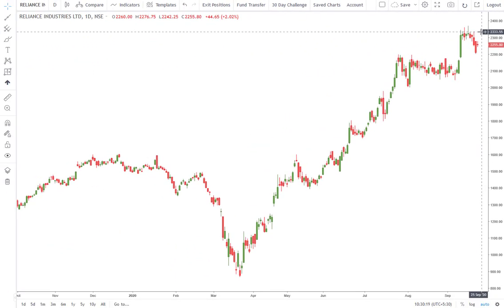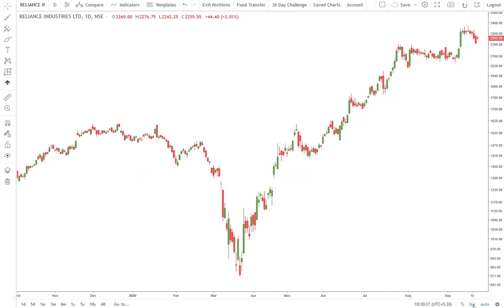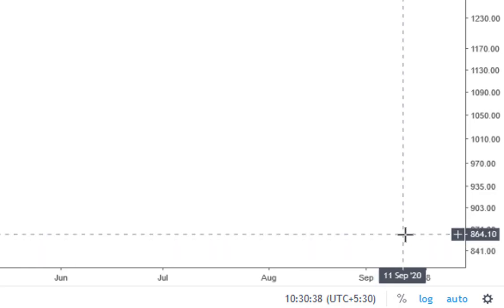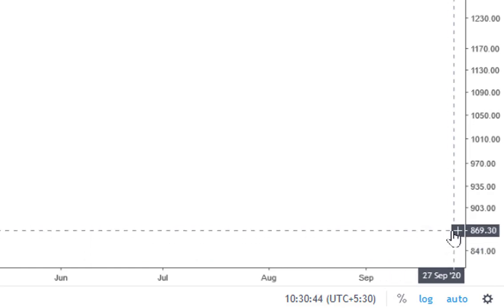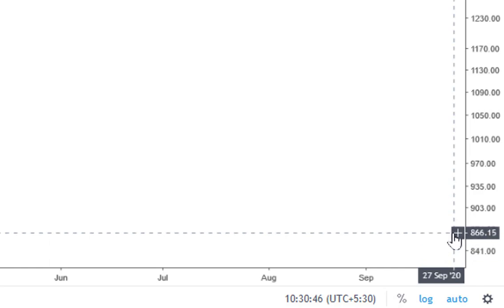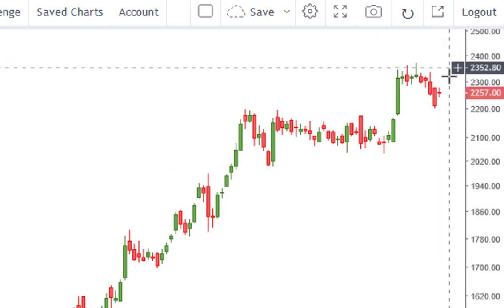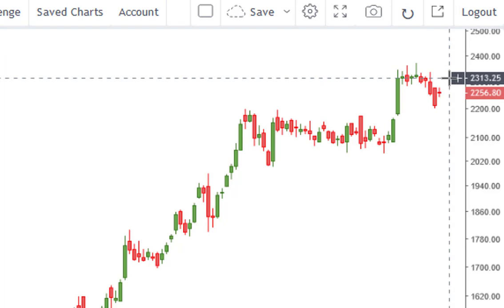On the other hand, when the price scale is toggled from linear scale to log scale, see that the distance between two consecutive horizontal dashes on the y-axis is not fixed but is rather variable. For instance, see that the distance between the two prices visible at the bottom of the y-axis is 30 points. At the other extreme, see that the distance between two prices visible at the top of the y-axis is 100 points.